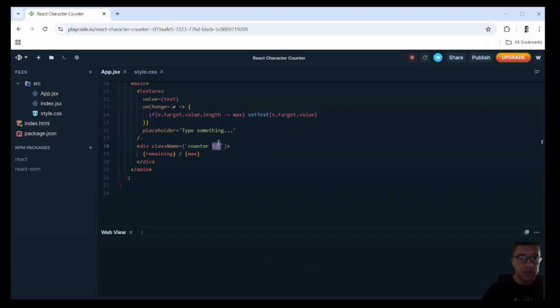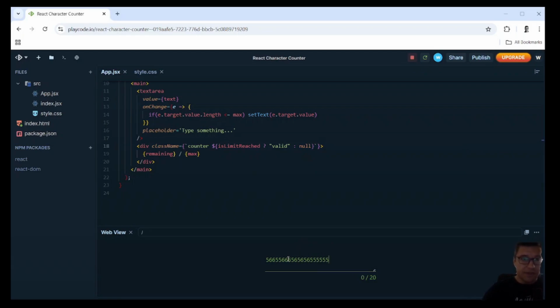So I will say dollar sign, curly braces, and I will check if my limit is reached. And if it is, I will put a valid class on my div, and if it's not, I will put no classes at all. So if I try to type now, as you can see, when I reach 0,